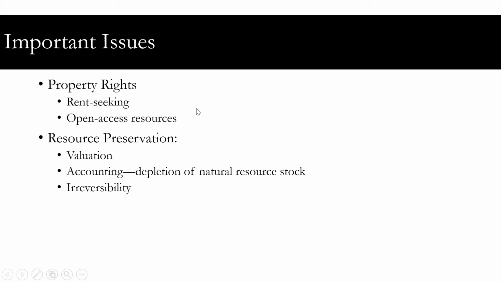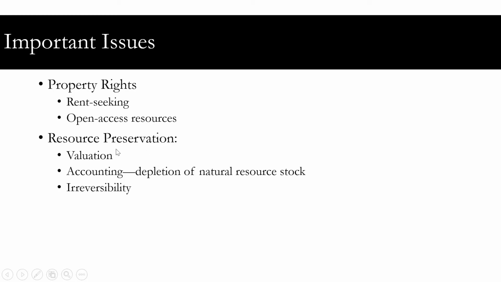One particular area of concern is what we know as the tragedy of the commons. The tragedy of the commons is when a resource gets destroyed because it gets overused, and this happens when there are open access resources. It may be open access because nobody owns it and there aren't any governmental regulations or enforcement to stop the overuse of it. And that's a common problem in natural resource economics, both historically and in the modern world. So we'll talk a lot about that.